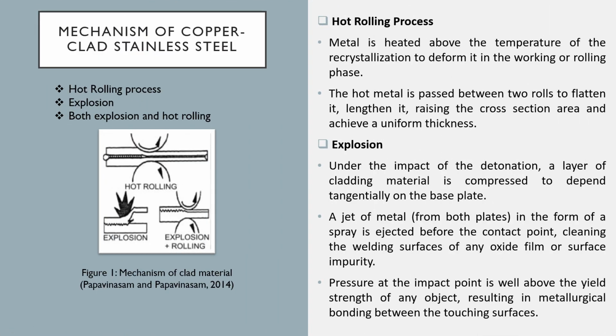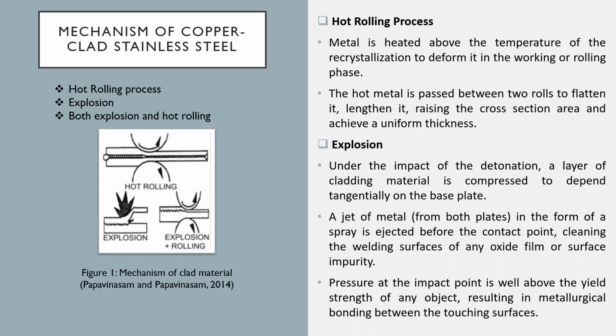Mechanism of copper-clad stainless steel. In order to produce copper-clad stainless steel, we need to undergo three processes, which are the hot rolling process, explosion, and also both explosion and hot rolling. The hot rolling process is a process in which metal is heated above the recrystallization temperature to deform it in the working or rolling phase. The hot metal is passed between two rolls to flatten it, lengthen it, raise the cross-section area, and also achieve